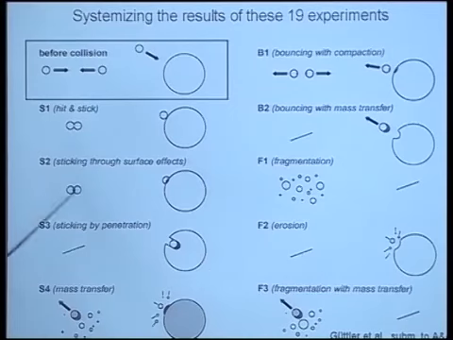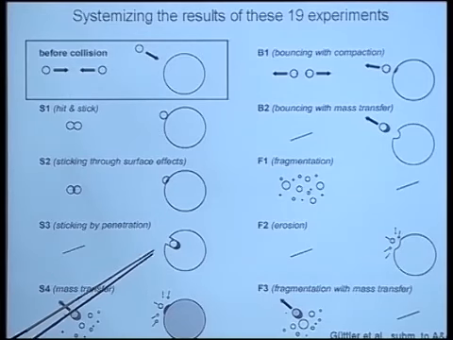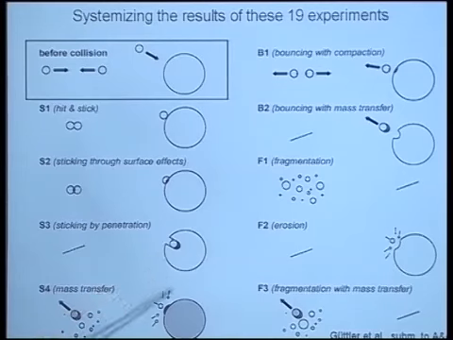So it's again for equal-sized particles colliding and for different-sized particles colliding. On the left-hand side, the equal-sized, and if there's a dash here, this is not valid for this equal-sized particle; different-sized, and here the second column as well. So we have a simple hit and stick. I will talk about that on the next slide, I think. Sticking by surface compaction effects, sticking by deep penetration. This is a process that Stuart just mentioned. We do have mass transfer in a fragmentation event. However, this is sticking because the bigger one gains mass.